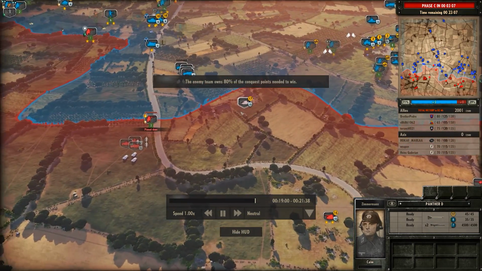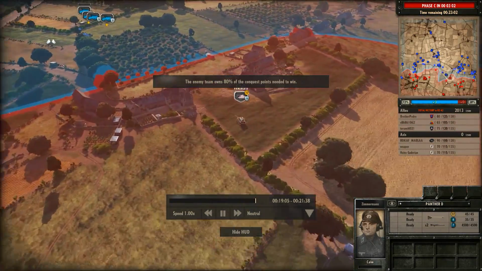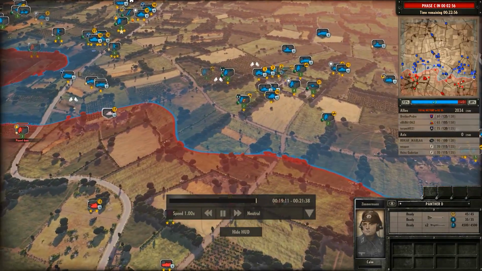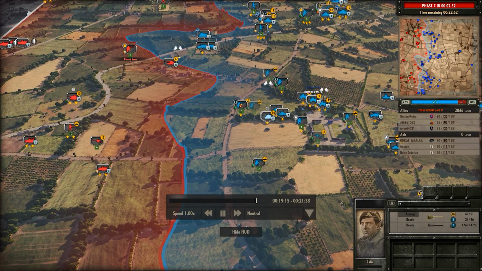Though Heinz Guardian is now deployed a Panther, so he's like, alright, the Panzer IVs have been defeated, now bring in the boss. The Panther. But will it really survive? No. We have a Firefly to counteract that thing. Along with a bunch of...